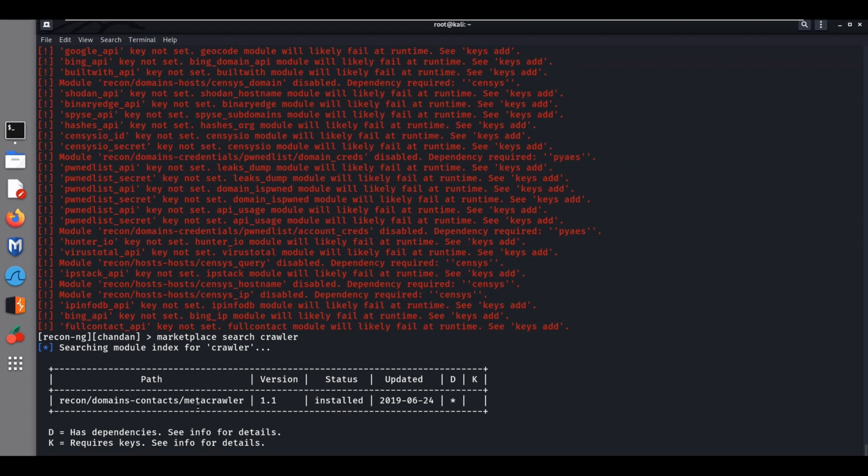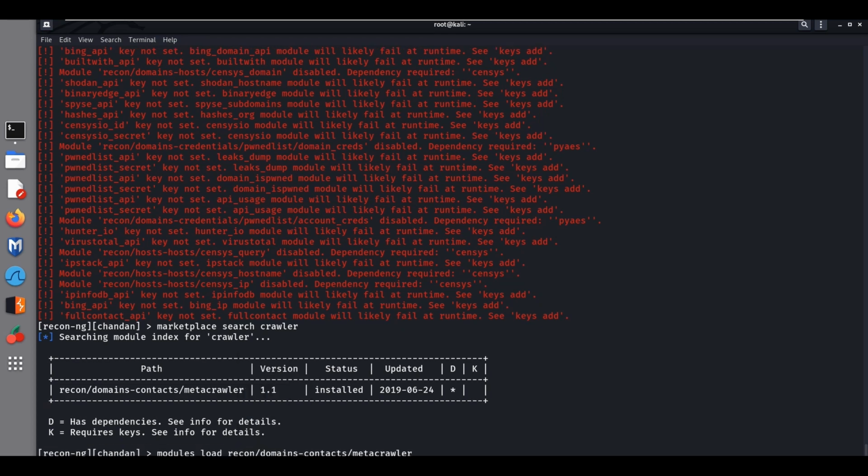Metacrawler recon domains contact Metacrawler. If you write modules load, and if you write this workspace, you hit enter, then you can see here after Chandan.